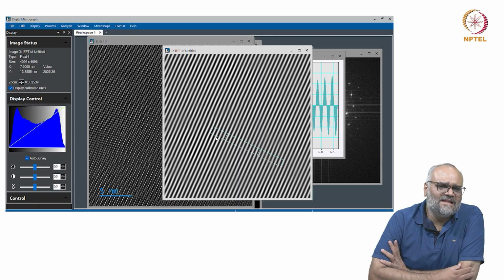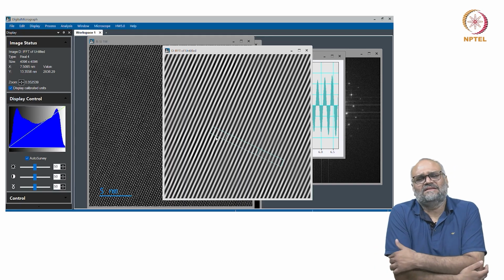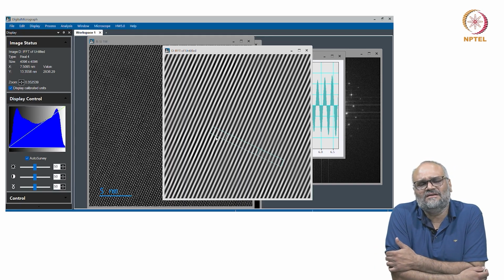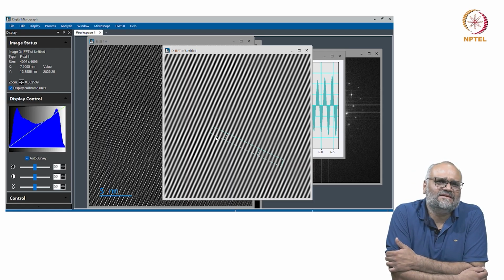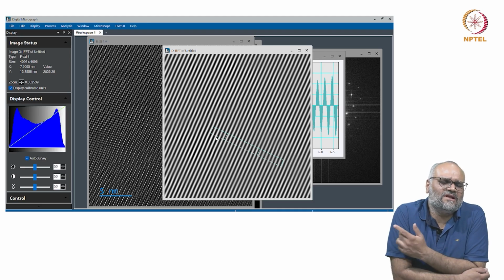But nonetheless, you can try this methodology on various regions within the specimen, and you can average it out statistically, and you'll be able to get in a more reproducible or consistent manner